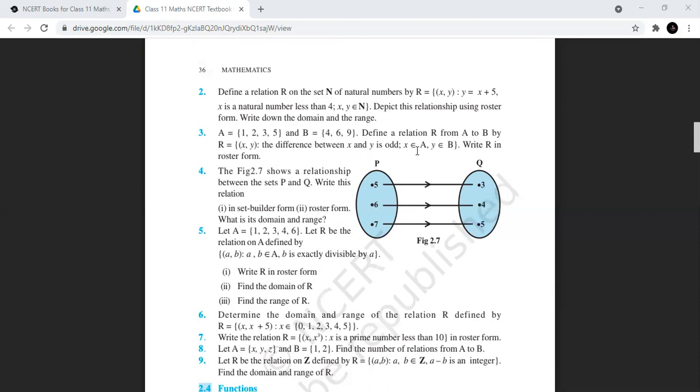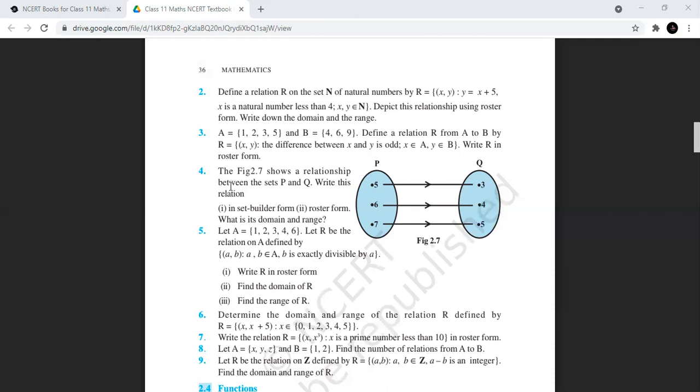Then you pick up 2 likewise. Then check 4 minus 2. That is not to be included because 2 is there, which is even. Then 2 and 6. 6 minus 2. Again 4. Then 9 minus 2, 7. This will be included. Okay. So this way you have to keep checking. Likewise, you check with 3. 3 ka difference sabke saath dekho, 4, 6 and 9. Whichever one comes out to be odd, include that in the relation. If it doesn't, that will not be part of our required relation. So that ordered pair will not be included. Okay. That is all you need to do.